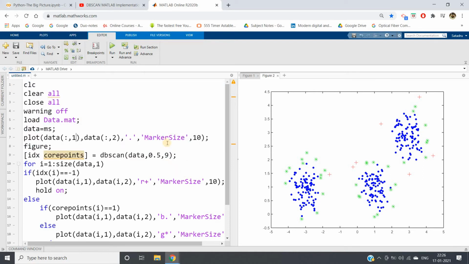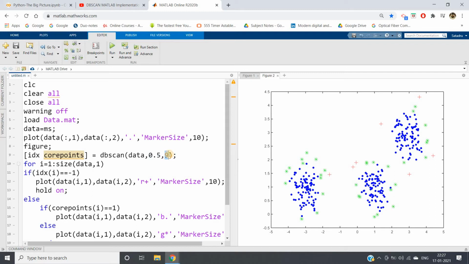So in my previous video, I have already discussed in detail the MATLAB implementation of DBSCAN. I discussed what effect you will observe if you increase or decrease epsilon, the first parameter of our DBSCAN, which is basically the radius of this circle that we consider for classifying a particular point as a core point, border point, or noise point, right? So both the increase and the decrease in this value, we have observed.